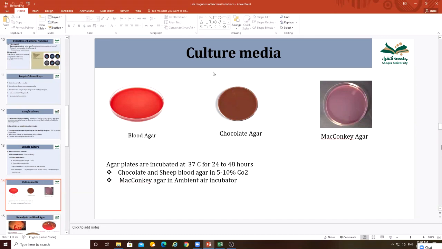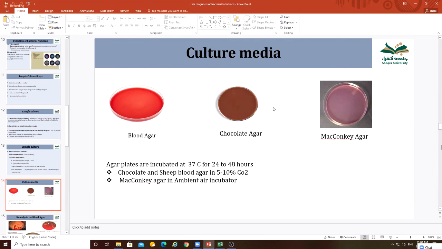So we examine all the plates to know the different characters of the bacteria. For example, on MacConkey agar, I can know whether this bacteria is lactose fermenter or not. But from MacConkey agar, I cannot say this is hemolytic or not, whether beta hemolysis is present or not. For that, I have to see the blood agar. You got it? And to see which color is produced on the culture medium, I need to put another medium also. So 2-3 media we use for the same sample.